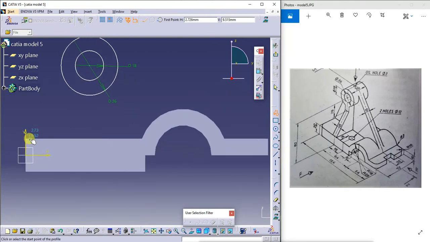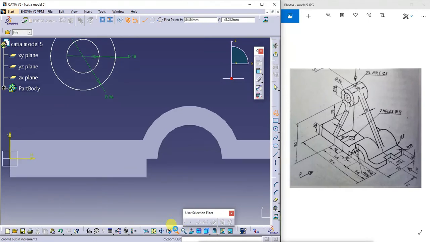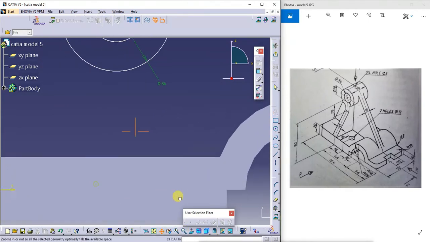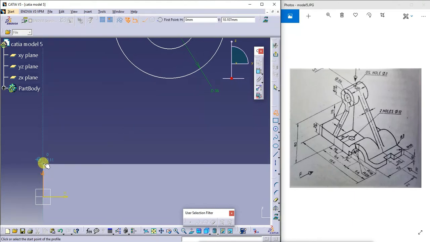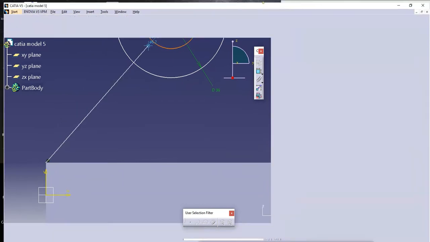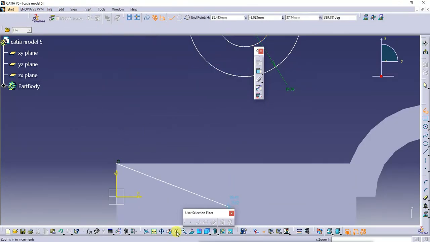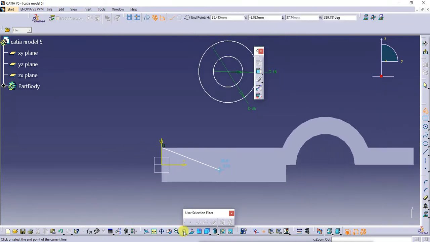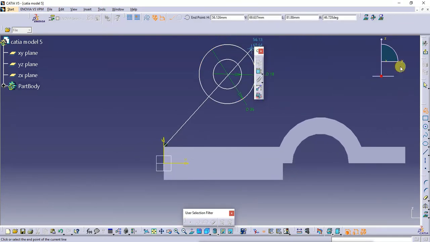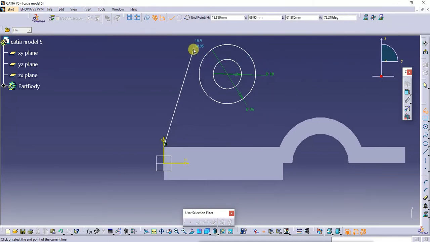I'll zoom this portion. I'll just draw the line like this. Then I'll escape from this command. I press the escape button on the keyboard.